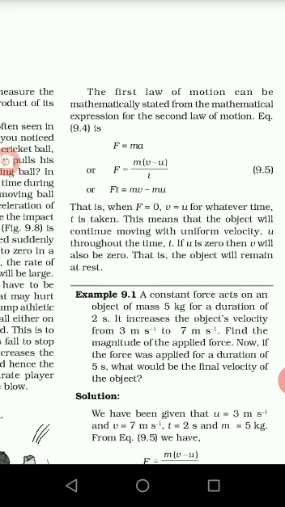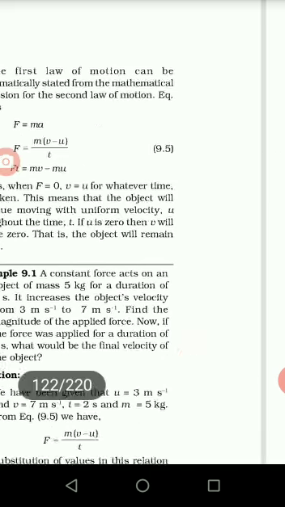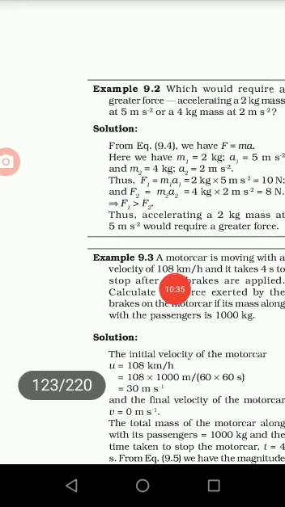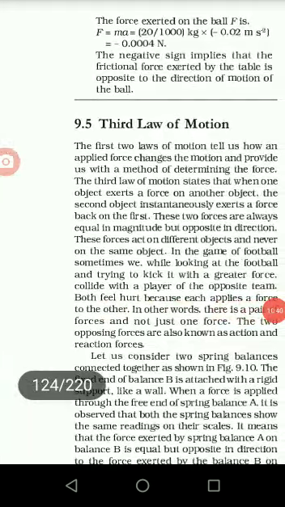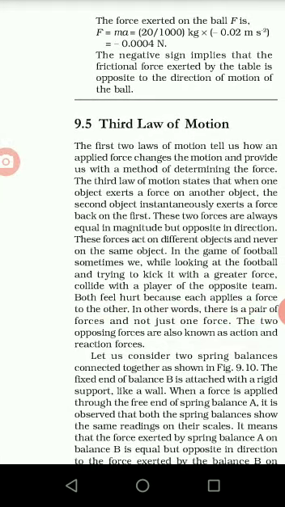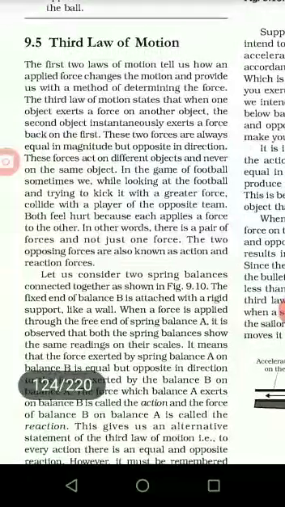In the above equation, if F equals 0, then mv minus mu equals 0. So v equals u, therefore mv minus mu equals 0. It means if u is 0, then v will be 0. Therefore the object will remain at rest. Now there are some examples. A numerical example is given in your NCERT book. You will solve it yourself.